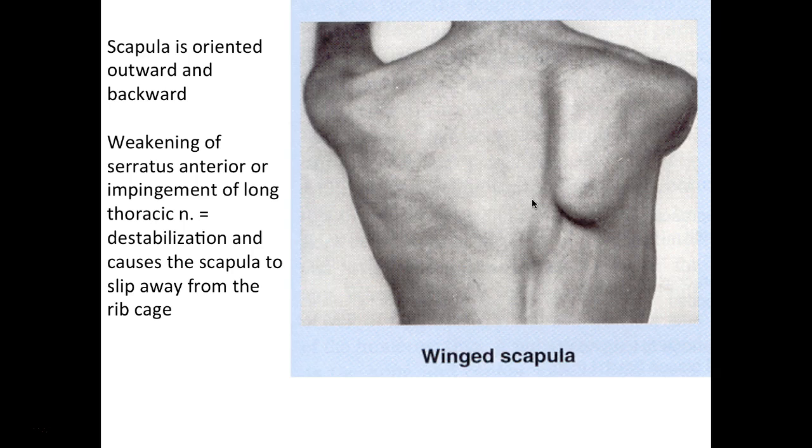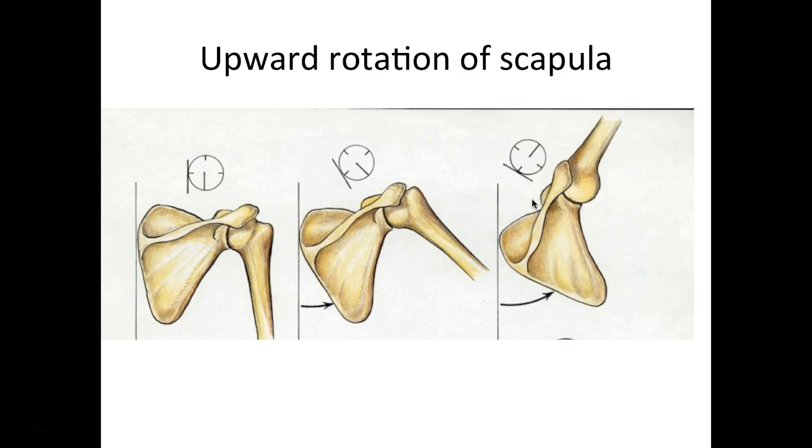And the reason for this is usually we have some type of impingement or pinching of the long thoracic nerve, which is the specific nerve that innervates this muscle. So we have destabilization and it causes the scapula to slip away from the rib cage. This muscle is really helping it to stay in place, and also it'll allow us to do upward rotation of